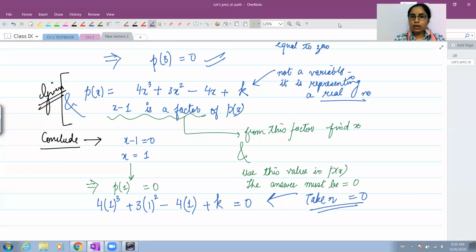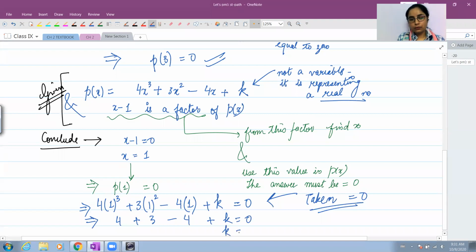Yes, Vidhi, you can do that. But if your question says you have to factorize with the help of factor theorem, you will be working with the help of factor theorem. Means you have to think of a 0 and then you have to convert it into a factor. So as you can see here, मुझे जो चीज दी थी, x minus 3. So from here, I will be able to find out x. This is how the second part of the factor theorem helps me solve a question. So from here, you will be getting